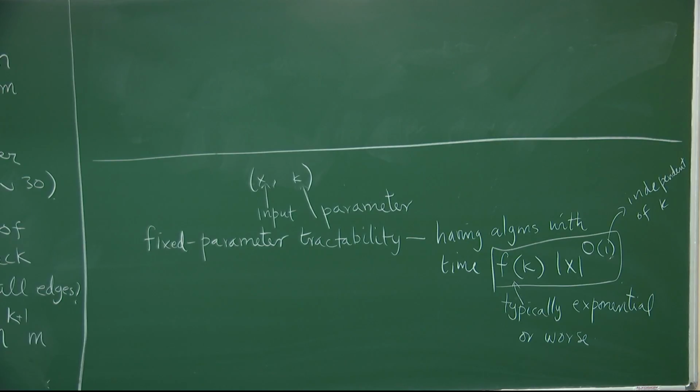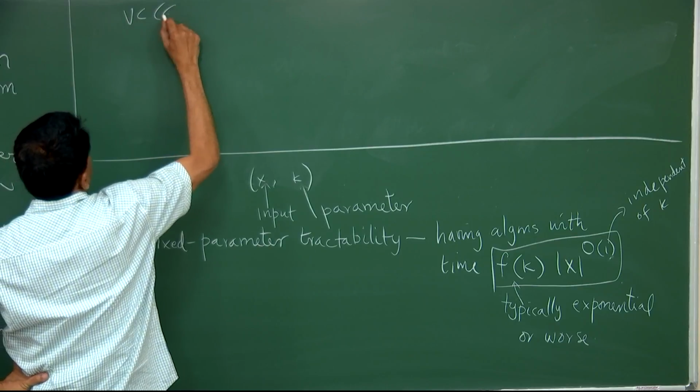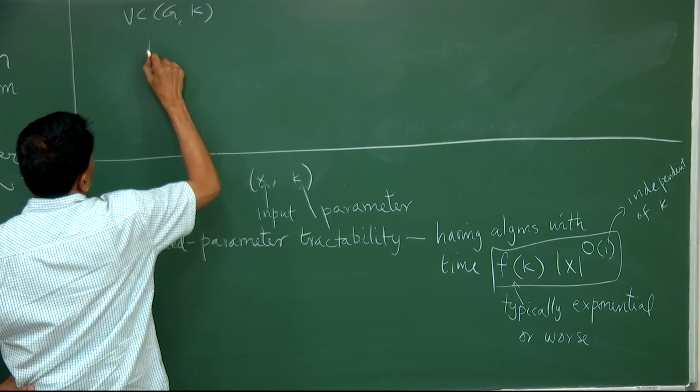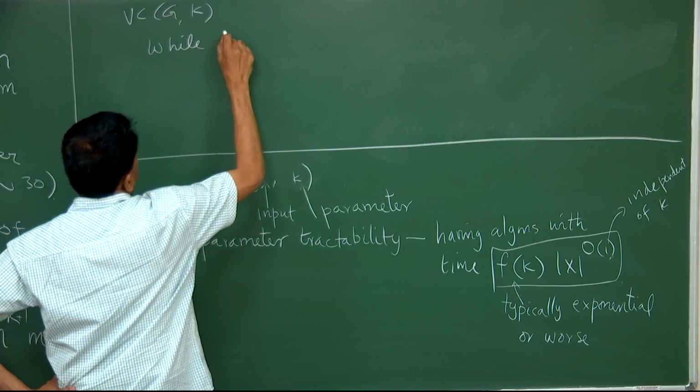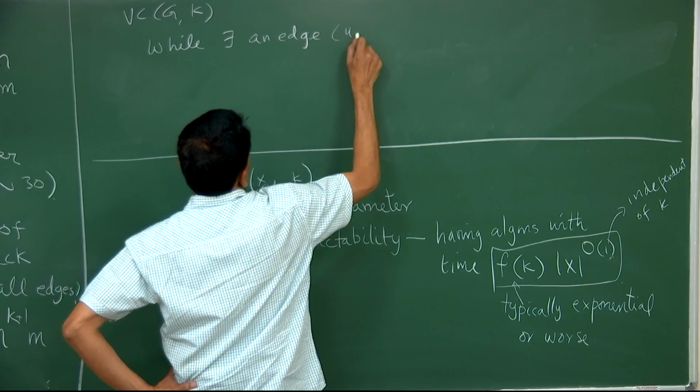So I am going to do a branching algorithm, which I will try this vertex, or try this vertex. So I am looking for a vertex cover of size k. So here is my sort of recursive algorithm. While there exists an edge uv